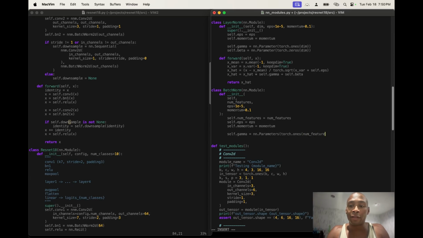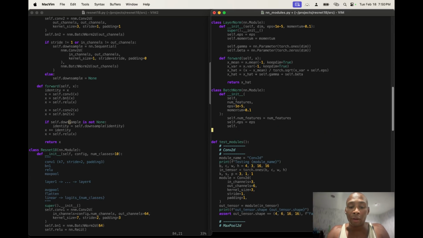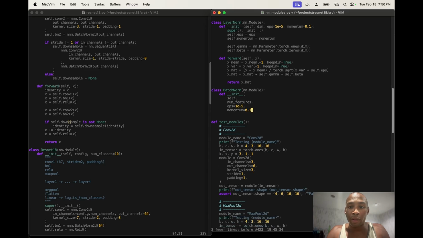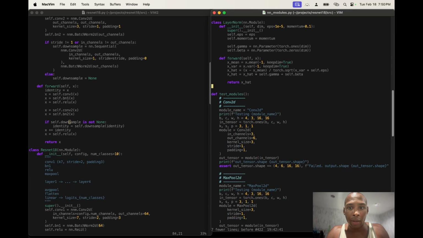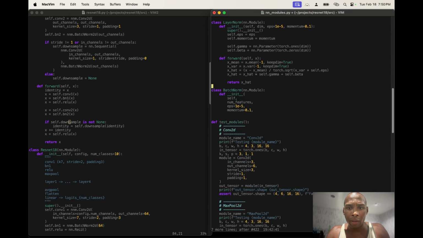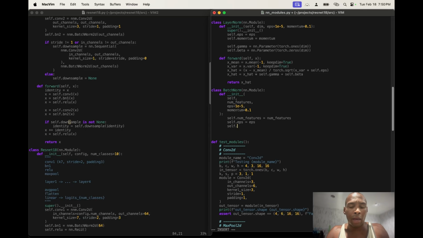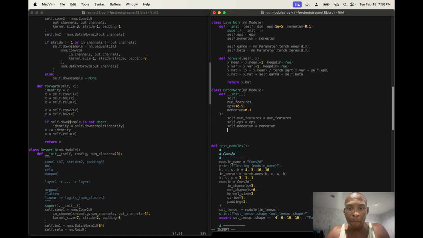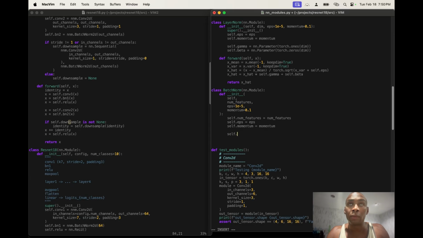Torch ones num features. Oh, what just happened? Oh, is caps lock on? Wait, what is going on? I just deleted all that? Okay, huh. Let's, okay, momentum, gamma equals,